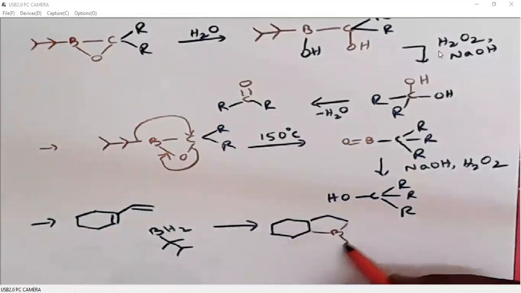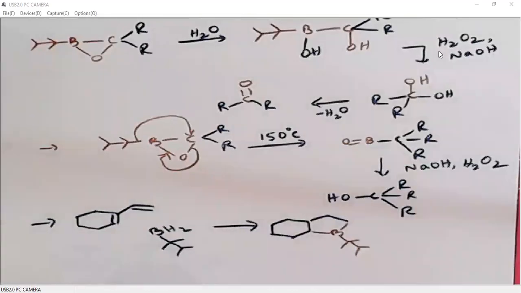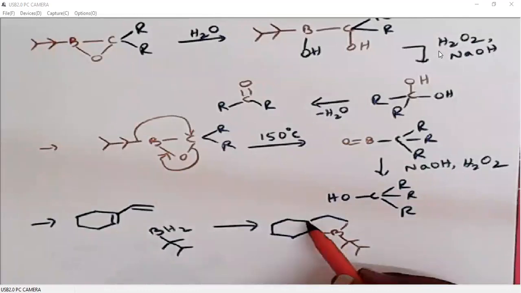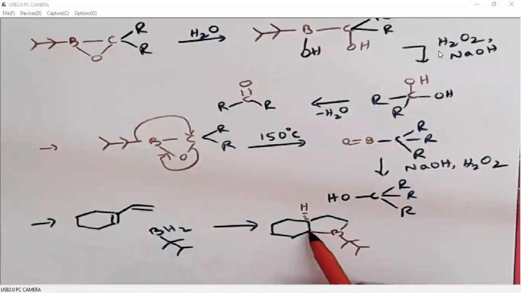it is borane. Now the question is, what about this ring fusion, whether it is a cis ring fusion or a trans ring fusion? You know, boron addition is a syn addition. That means the boron here and the hydrogen here will be on the same side. Say, for example, if it is below the plane, the hydrogen here also must be below the plane. So I'll write this below the plane, the boron also below the plane. When the boron is below the plane, what about the hydrogen here? It must be above the plane, right? Here one hydrogen will be there because there are only 3 bonds.